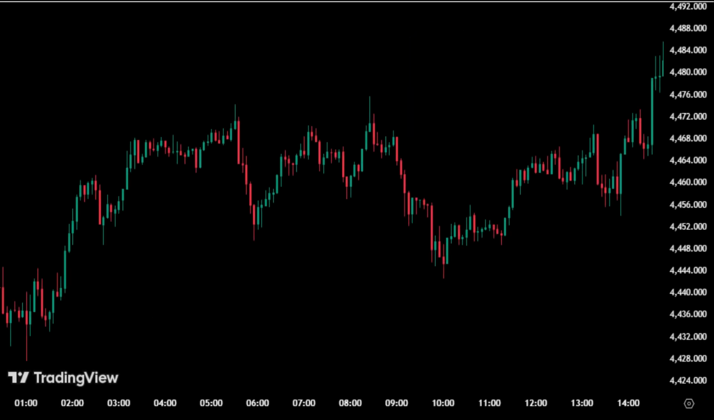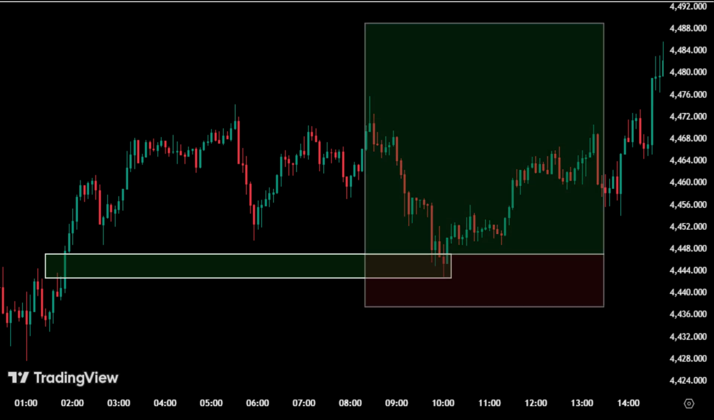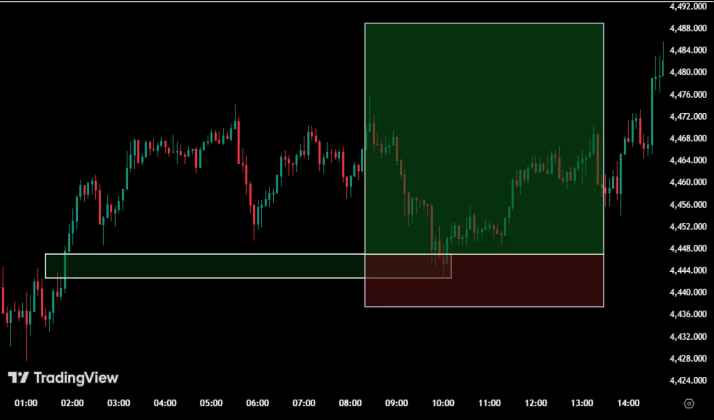To better understand this concept, let's go through an example together. Here, you can see the gold chart with the symbol XAUUSD. Price has created an FVG, or imbalance zone, and reacted well when it returned to this area. In the same way, by identifying these zones on the chart, you can open your positions in the direction of